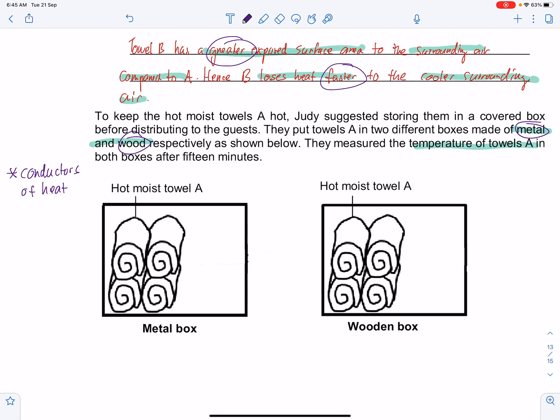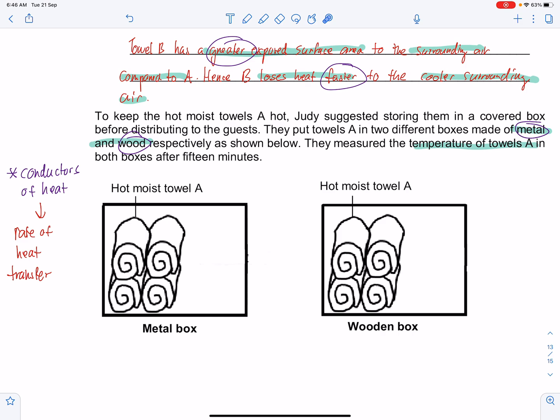So when you're testing on conductors of heat, I've said this many times, you're really concerned about the rate of heat transfer. So if you recall, something that is a good conductor of heat will allow heat to pass through it very quickly, such as metal. And something that is a poor conductor of heat will not allow heat to pass through it quickly. So in this case, the first thing we need to do is ask ourselves,